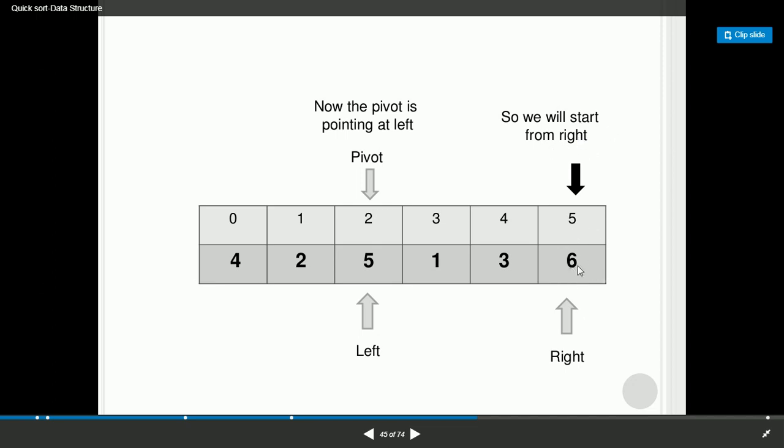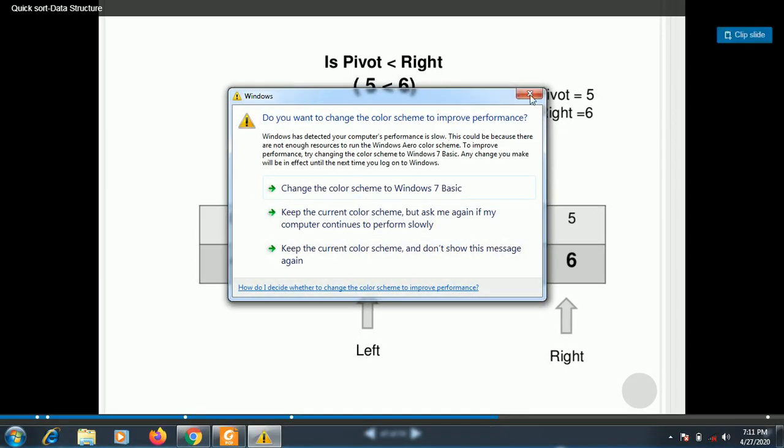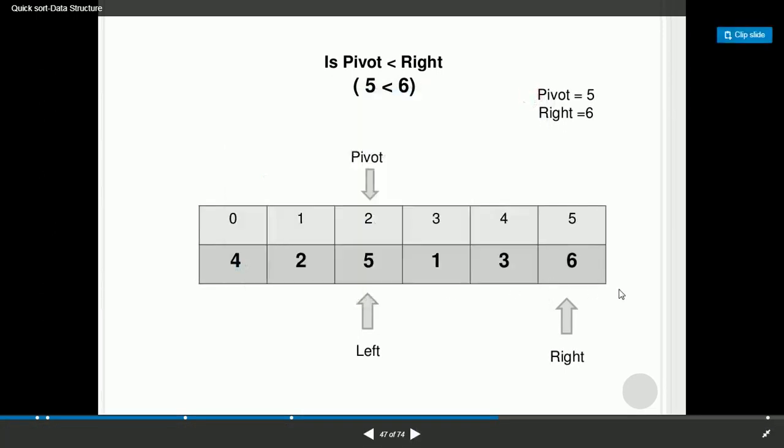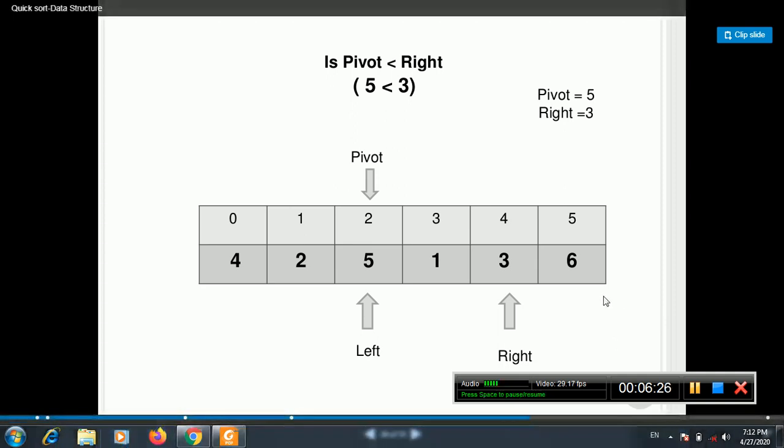Here right is pointing to the 6. Now move towards the left. Here pivot is less than or equal to right. This condition is satisfied, so we will move from 6 to 5. So we will move towards the left from right.